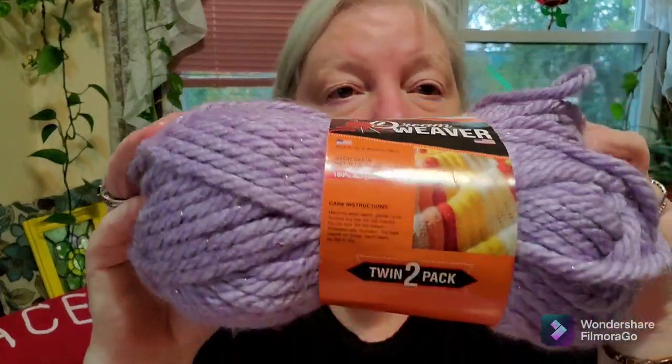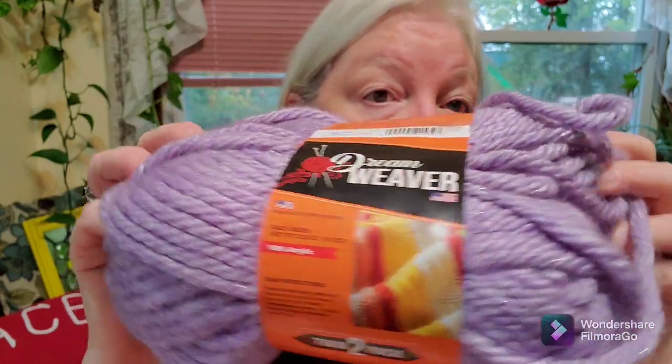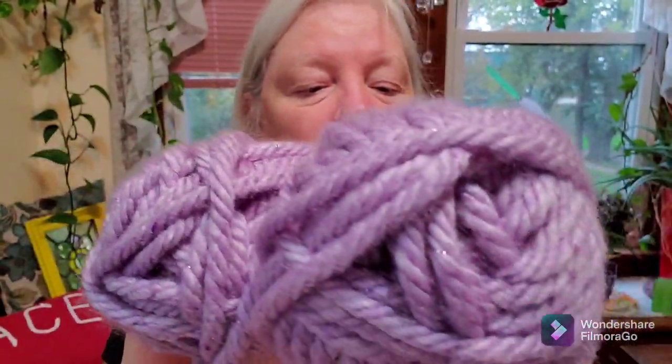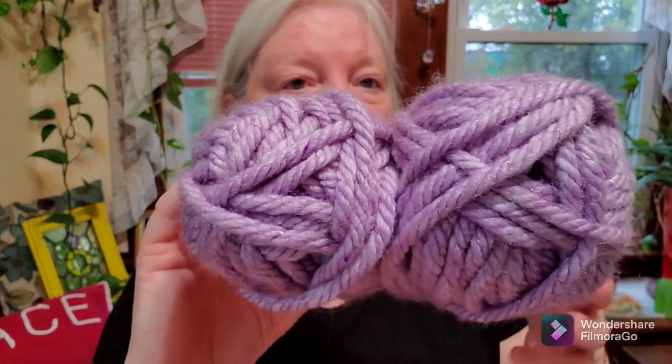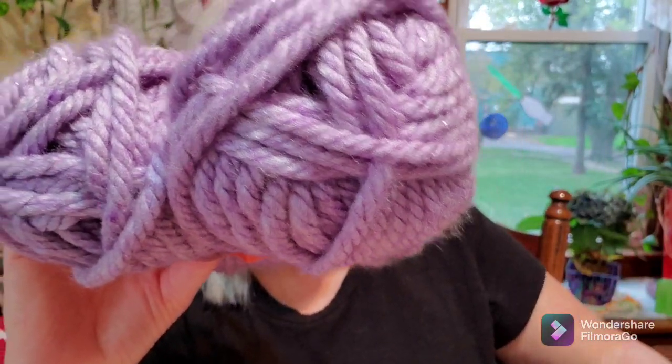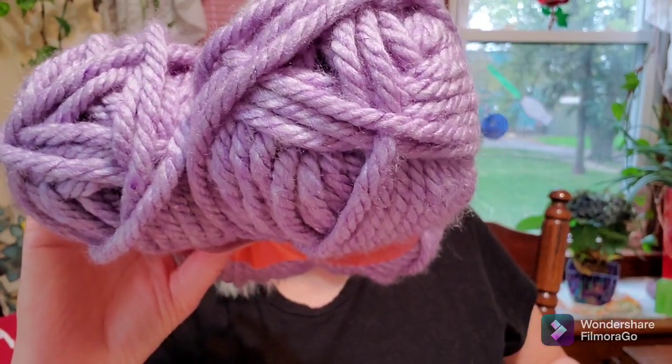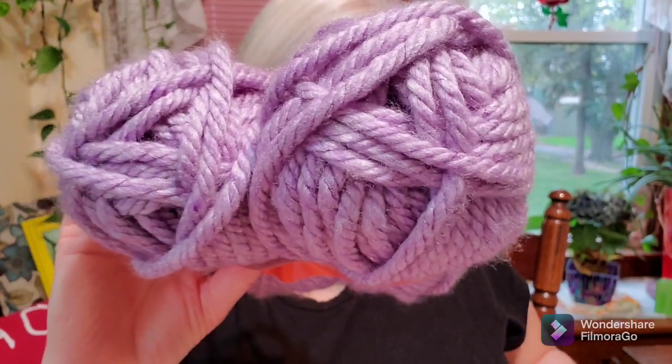This is Dreamweaver yarn. It's yarn that I used to be able to get at a closeout kind of store. It's a grocery store that has a closeout department. And I bought this yarn a while ago. I'm going to say it's a 6-weight bulky. I don't know how many yards are in here because the labels do not...